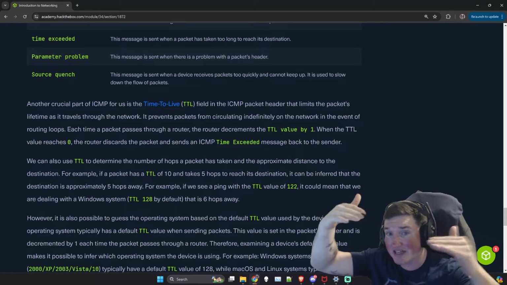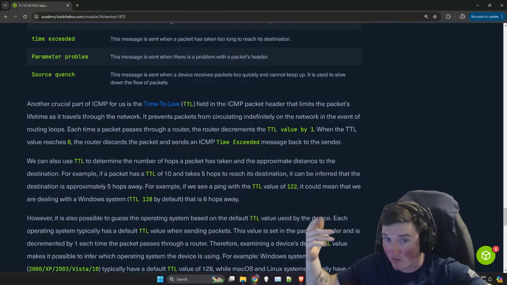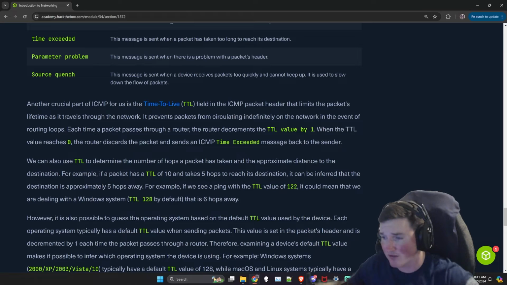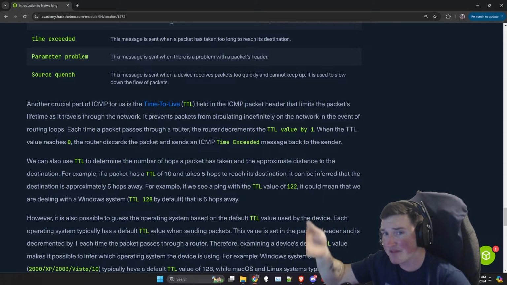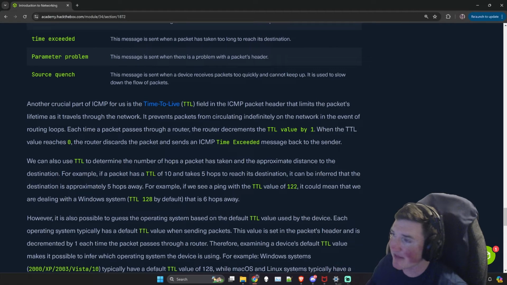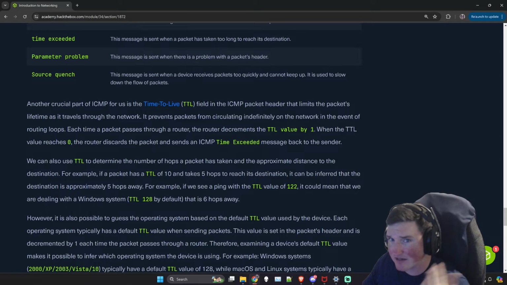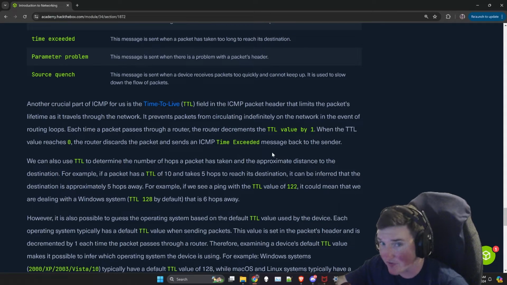And then in between it, there might be a firewall, there might be another router, whatever, as it gets through there. Well, time to live can tell us a lot, because guess what? Every time it touches something, that time to live decreases by 1. So what I mean by that is, if we set the time to live value to 1, and I send it, it'll come back and say unreachable, right? Time exceeded. Why? Because it reached 0 right after it touched the first machine.